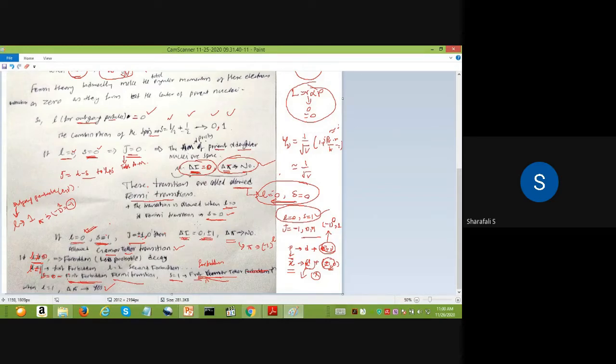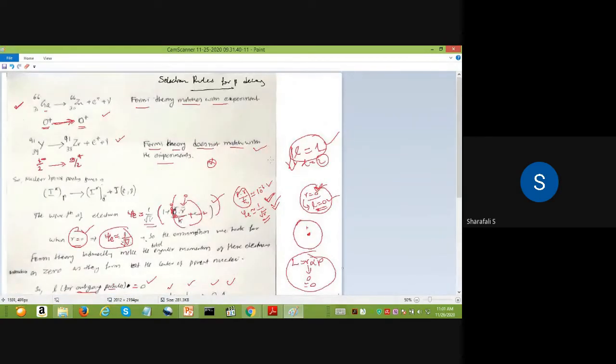Then you have to take the shape function, all those things, and that will be explained by Gamow-Teller, with S equal to 1 and L equal to 0, which is associated with the allowed Gamow-Teller transition. It will give you the change in the spin or angular momentum of the daughter nucleus as 0 and plus or minus 1, and there is no change in parity. If you go to higher L values, there is a change in parity, and these are forbidden or less probable transitions. So that's about the selection rules for beta decay.